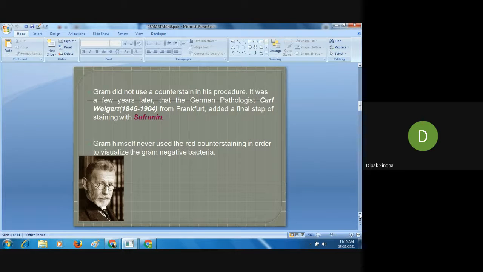Say for example, when you attack, then another person can counter attack. Just like that, you use the first stain like crystal violet by Christian Gram, that is called the primary stain. The primary stain, crystal violet, can only identify the gram positive, not gram negative. If the test is negative, then he concluded that it is a gram negative bacteria, but it is not true. Maybe it is acid fast bacteria.